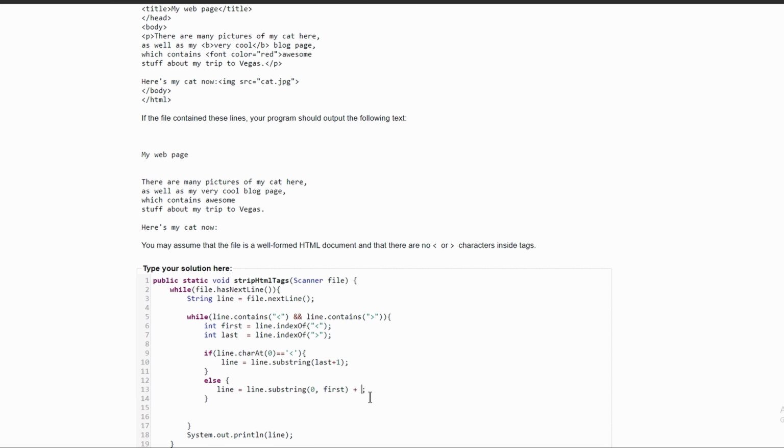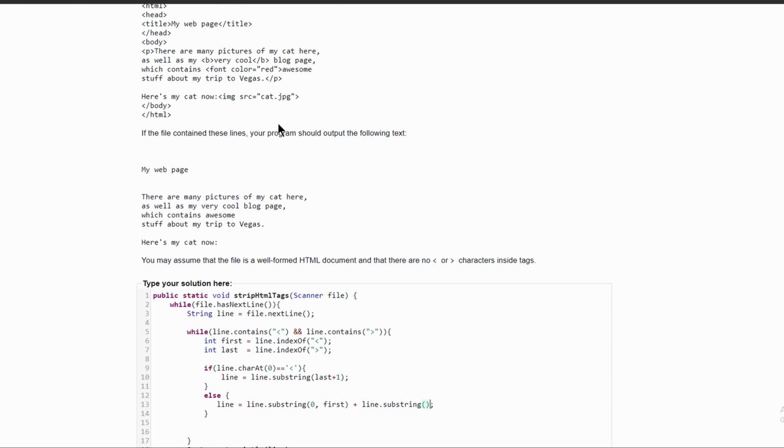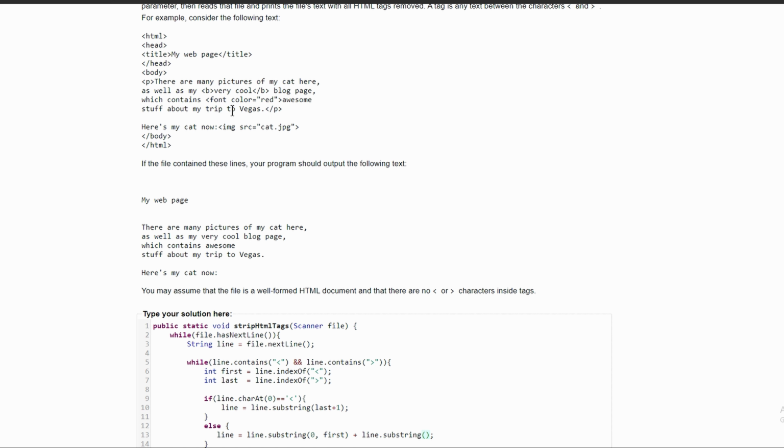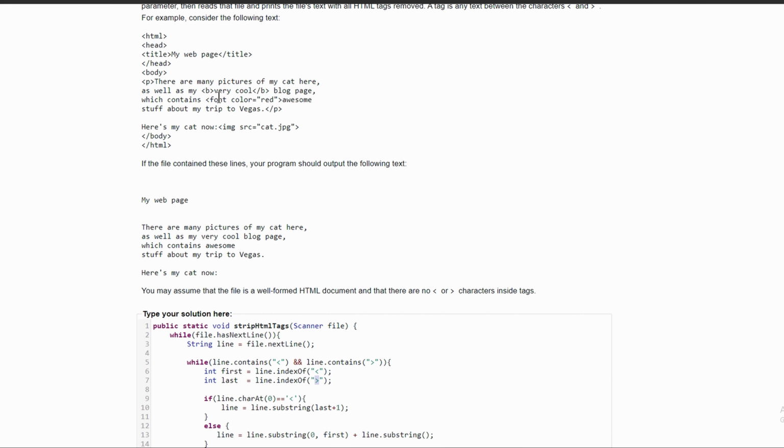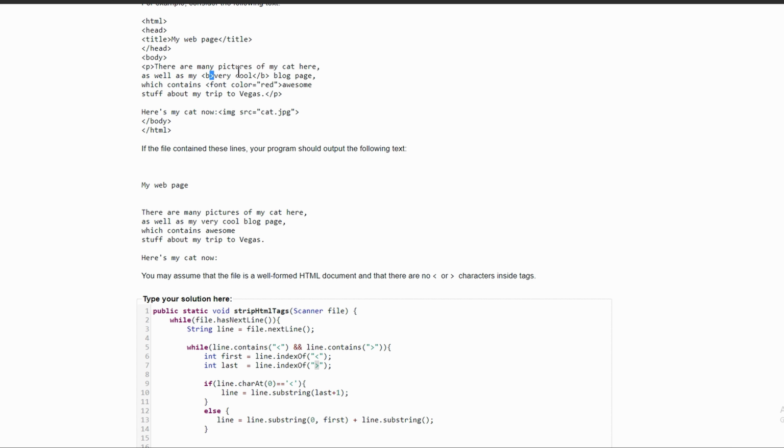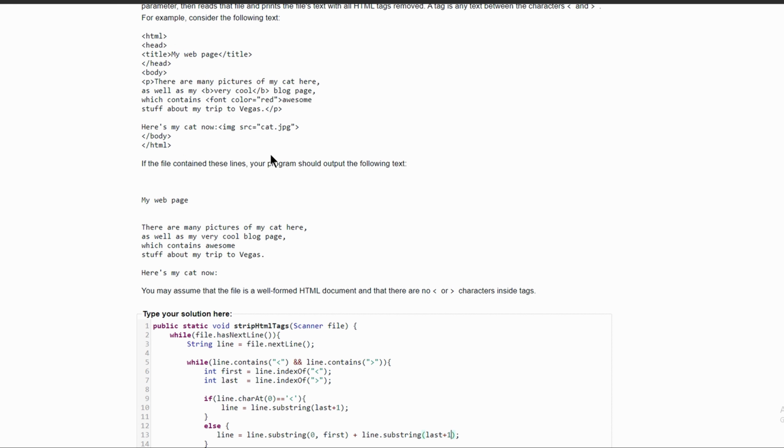So what we're going to do is we're going to append the line.substring, and in here we are going to have the last index right here. We're going to have last, which gets this last index. We're going to do +1, so it gets the next index, so it does not include the angle bracket. We're going to do last + 1, and then we are just going to grab the rest of the string. Once we do this, we're just going to have as well as my very cool and then the HTML tag